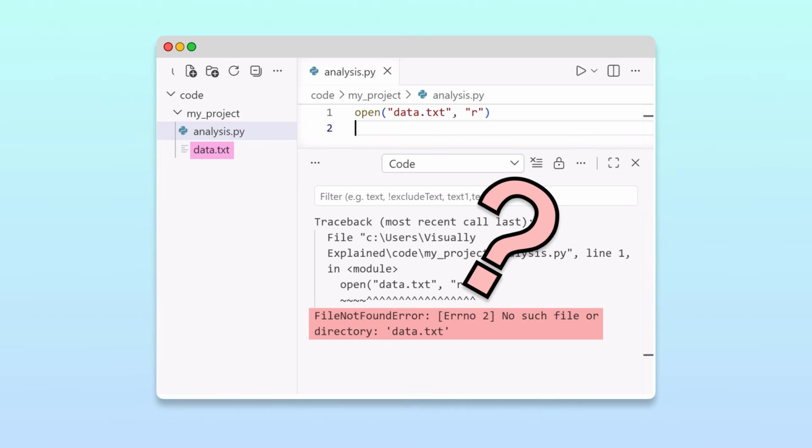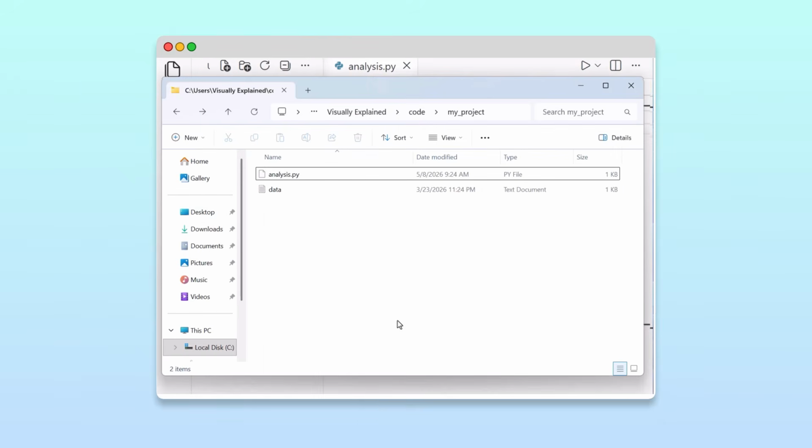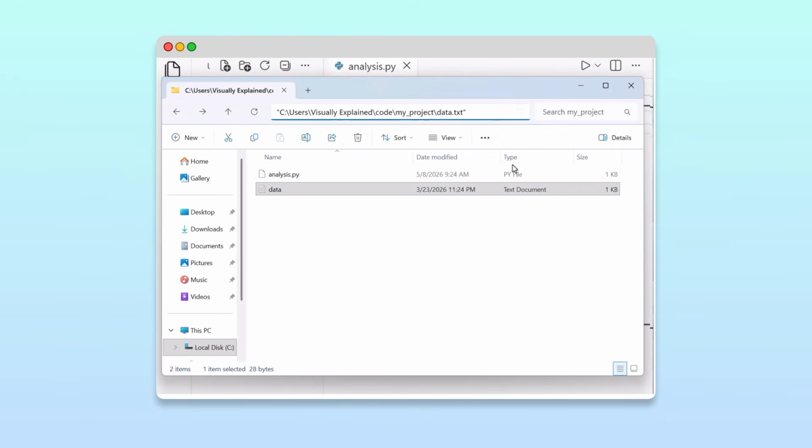To understand why, we need to think about how files are stored on a computer. When we save a file, we give it an address, a location on our computer where it will live. That address is what's called a file path. A file path lists every folder we need to open to get to that file, starting from the root of